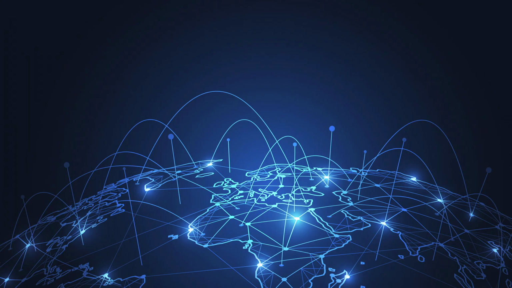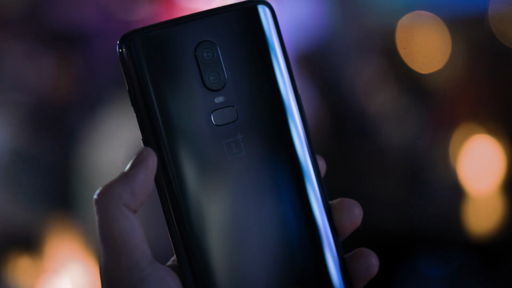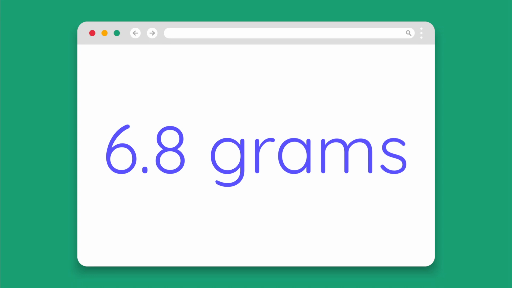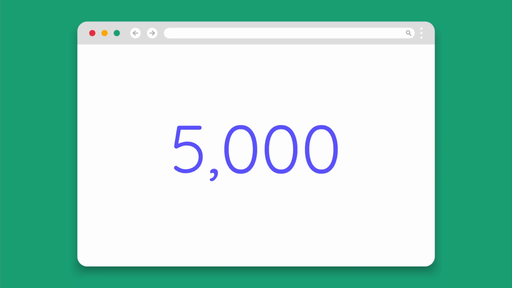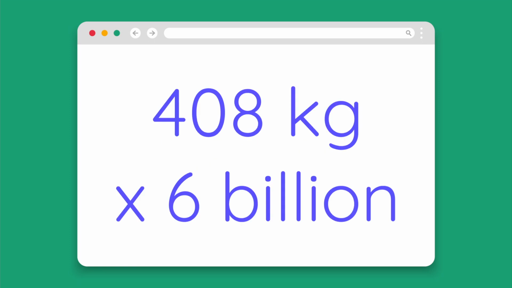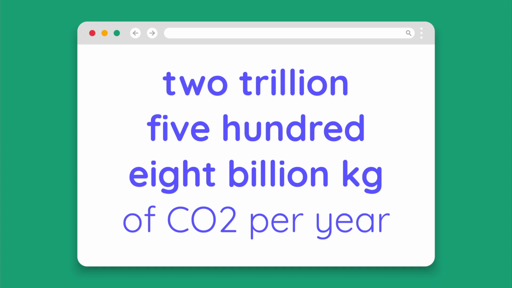Data centers, telecommunications networks, and the devices that we use to access the web contribute in large part. They all transfer data, which requires energy, which produces emissions as a byproduct. The average website produces 6.8 grams of CO2 per page view. So, for example, a website that gets 5,000 views per month would produce a total of 408 kilograms of CO2 every single year. Given that there are roughly 6 billion websites on the planet, that is an astronomical amount of